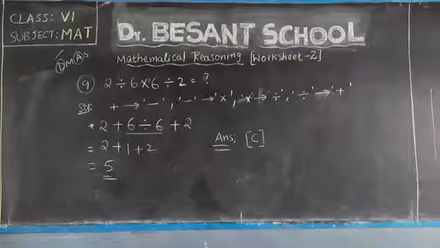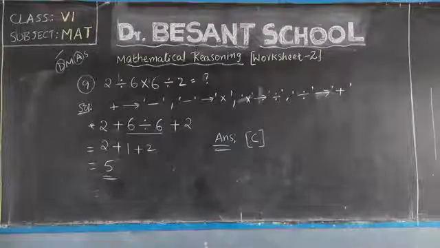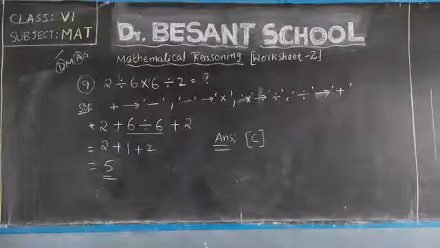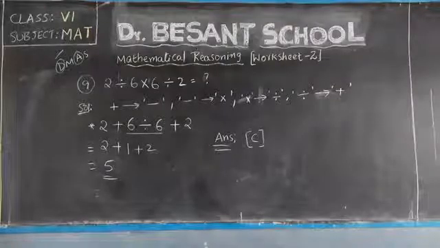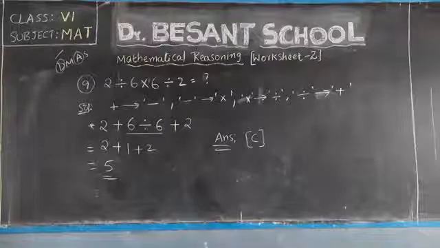So divided by is there. So 2 divided by is to be used as, yes, plus. So 2 plus 6. Next what is there? Into is to be used as divided by. So written divided by there, 6. Again what is the divided by 2? Divided by is to be used as plus. So plus 2. First which operation to be done? Division. So 6 divided by 6 how much? 1. So 2 plus 1 plus 2. Here we have only one operation, that is addition. So 2 plus 1, 3. 3 plus 2, 5. So 5 is our answer. If we check out the options, it is C. Okay, my dear students, check it out.